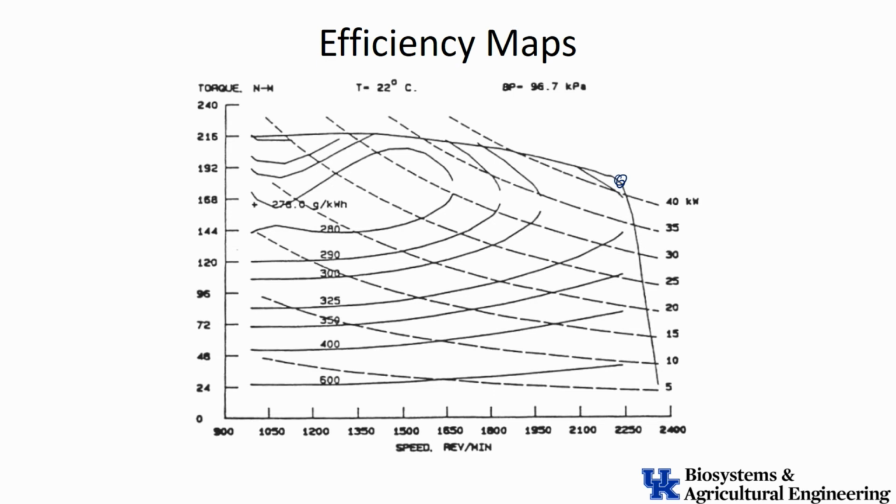But this graph also shows us a couple other things. It actually shows us where the power is. And so you see these dotted lines that kind of scoop back through the curve. These are lines of constant power. So let's say, for instance, that with this particular engine, I was only needing about 20 kilowatts at this time